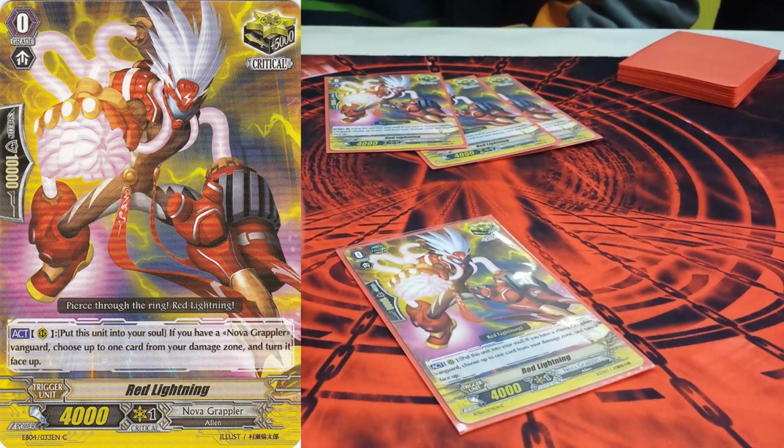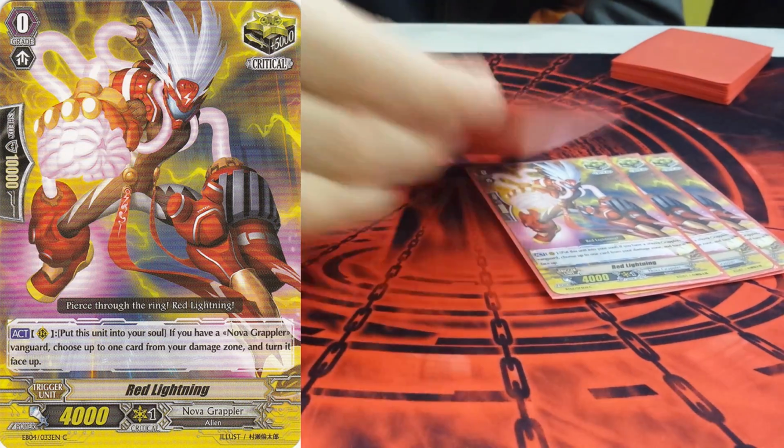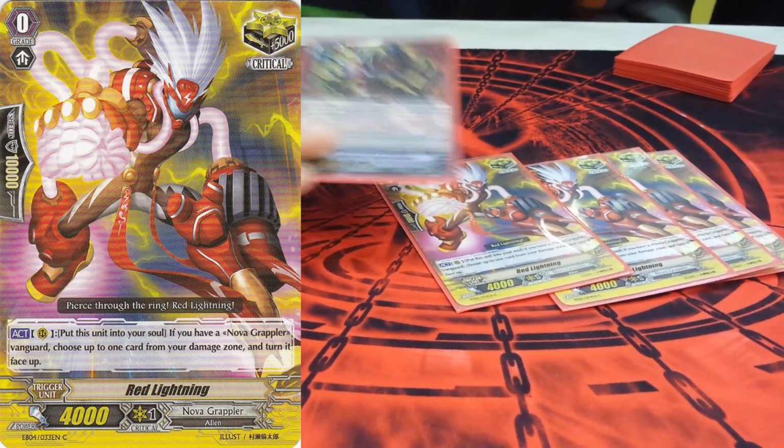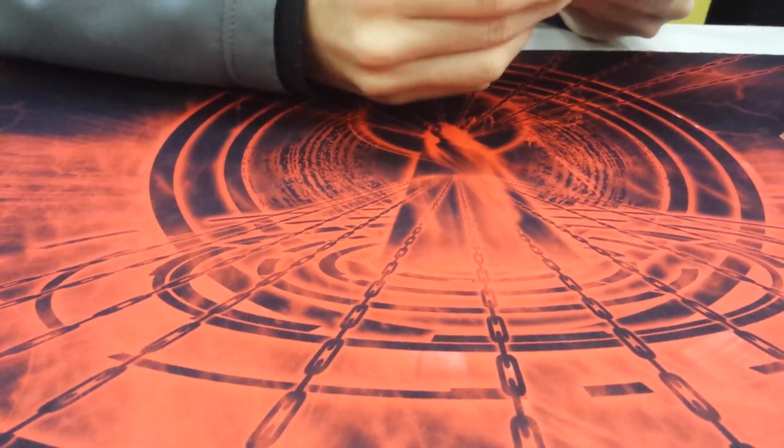Alright. But besides that, Red Lightning's just there because I needed Red Lightning for a long time, and I finally have them. And it's a crit trigger because you need crit triggers. Yeah. After those 4 crits, you happen to have...